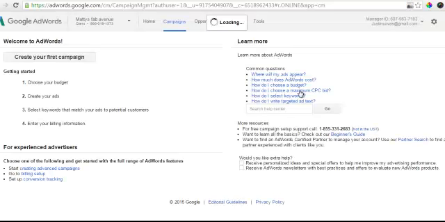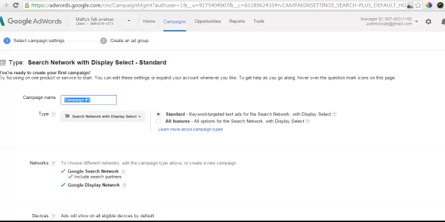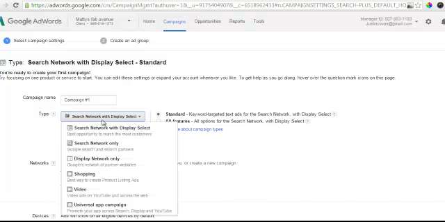In order to get to the billing area, you actually have to fill out your campaign, create an ad, and do all that first, and at the end we pay. So right now we actually have to create a campaign. So here we are, campaign. I'm not going to call it something yet, but for type here, here's what's interesting